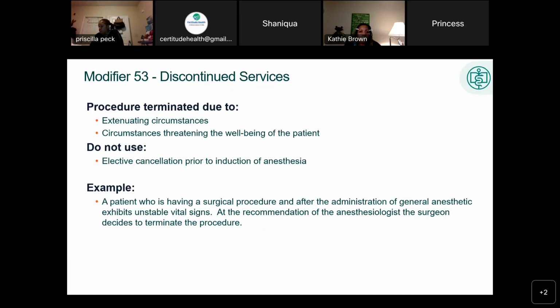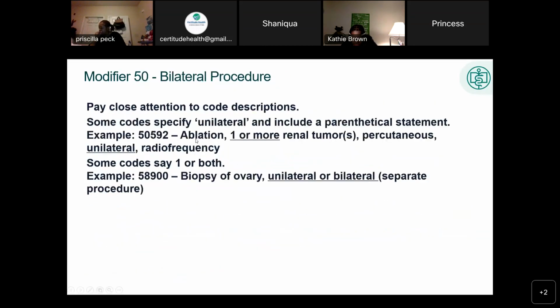Now, this next one, number 2, says which one of the CPT codes listed below would modifier 50 be appended to for a bilateral procedure? Modifier 50 represents bilateral procedures. So if you have a procedure performed on both the left and the right side of a body part that comes in a pair, meaning 2 arms, 2 legs, 2 breasts, 2 lungs, you would add the modifier